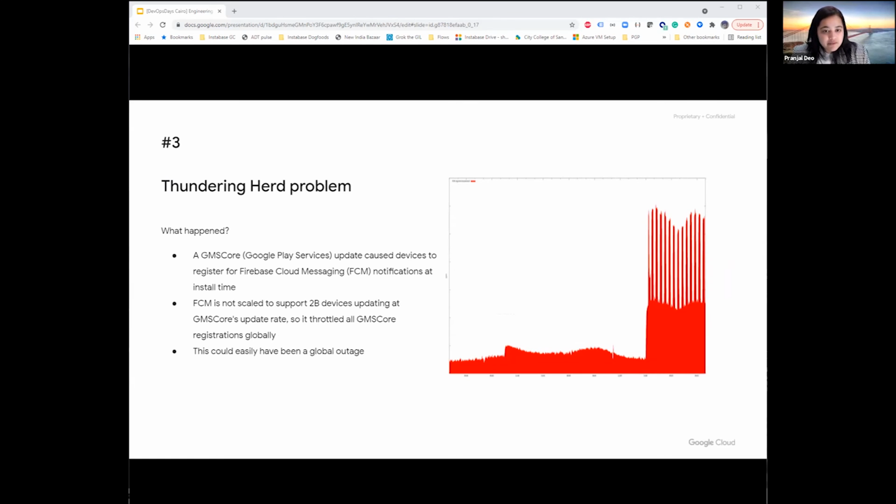So this graph is a picture of the rate at which certain mobile apps were registering to receive messages through Firebase Cloud Messaging. This registration is usually done in the background, that is, if user install apps for the first time or when tokens need to be refreshed. Now, this is usually a gentle curve which organically follows the world's waking population. What we noticed one day were 2 spikes followed by plateaus.